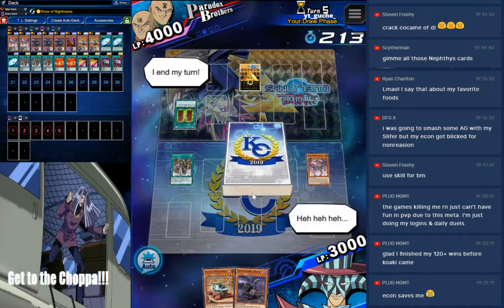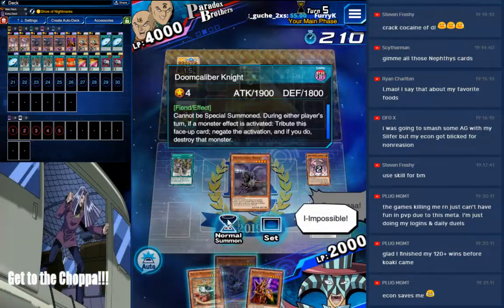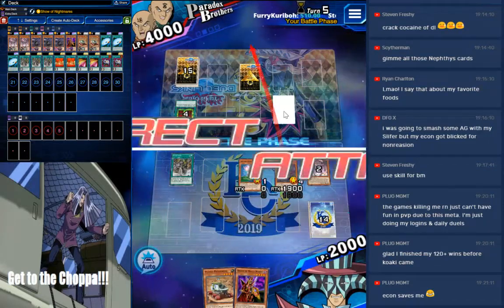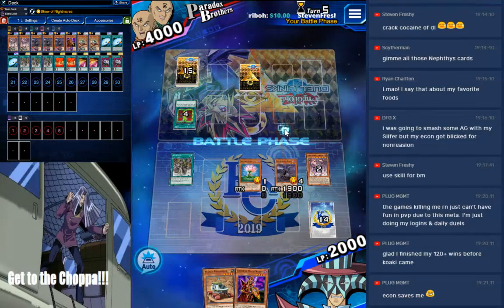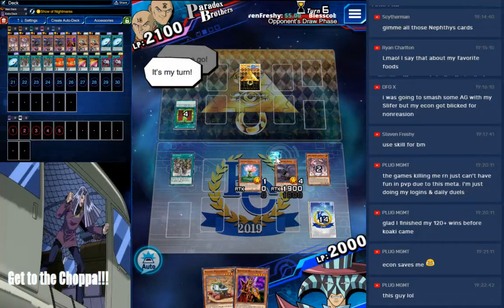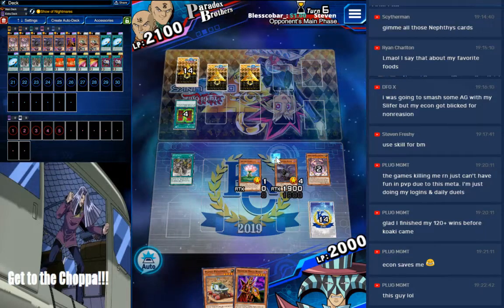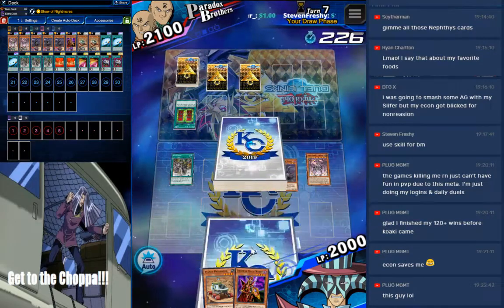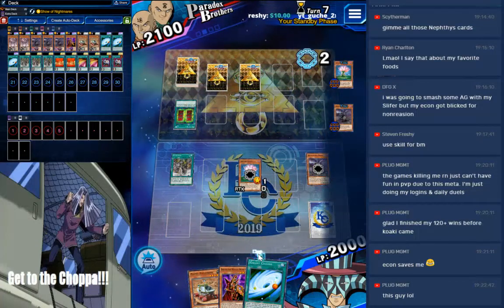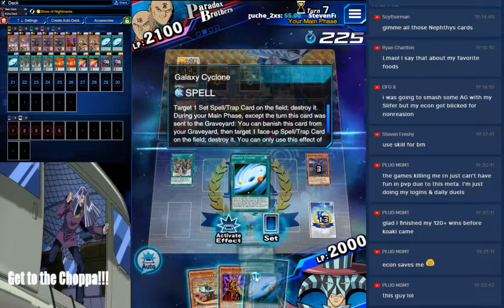I end my turn. I draw. I activate my... Impossible. Show yourself. I summon a monster in attack. Showtime. Direct attack. Here we go. This guy's drawing everything he needs. I end my turn. I draw. I activate a monster's effect. From my...